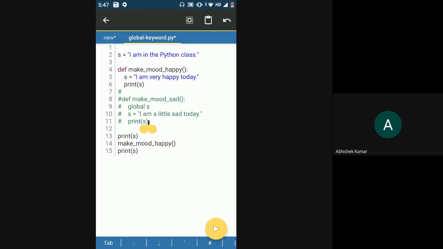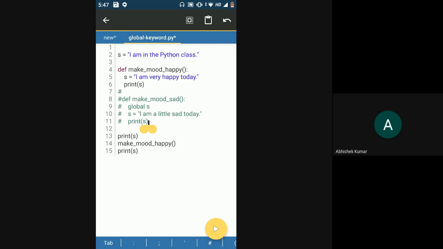Okay. So now here you can see there is one global variable, which is s equal to I am in the Python class, right? And I have written one function called make_me_happy. And inside this, there is one local variable named s equal to I am very happy today.